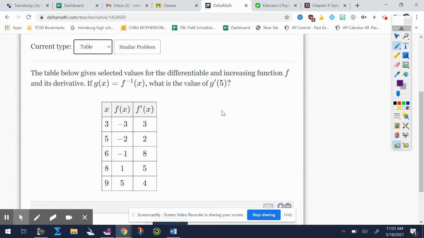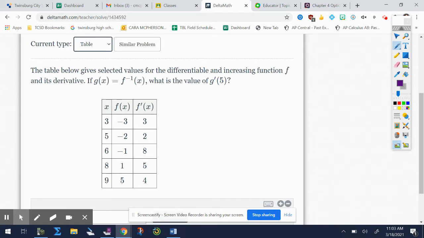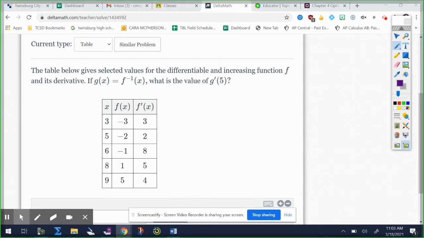Here we go. All right, so this is saying that we are looking at g being the inverse of f, and I want to know the derivative of it at 5. So I am looking at the derivative of g. Get my pen here. And I want to reciprocate it. Just give me 1 second to do that. So I want to know when g prime